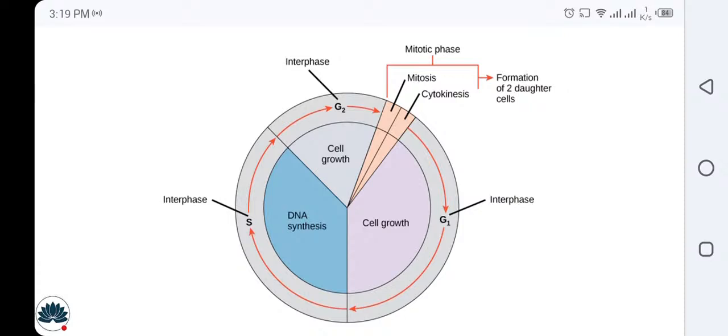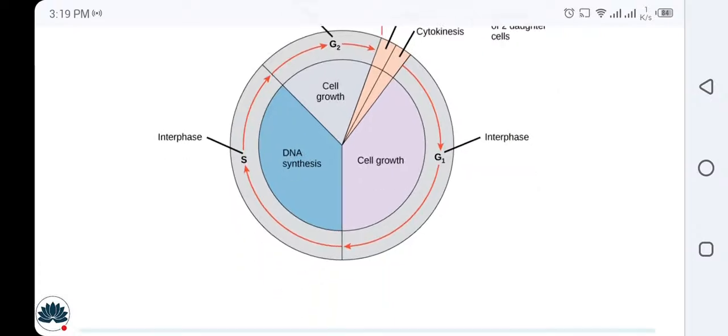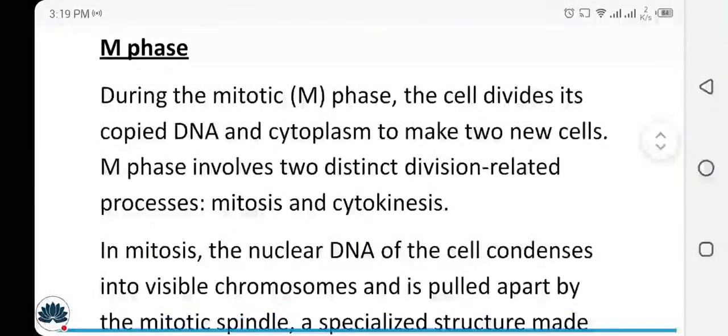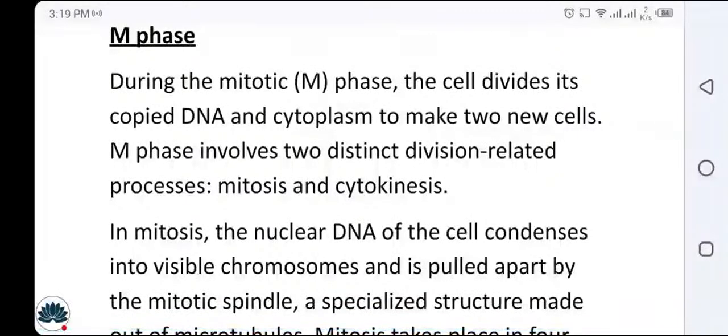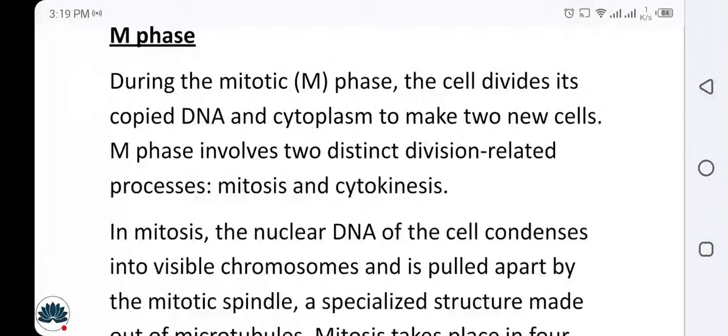of interphase where the DNA replicates first, and then G2 phase where the cell growth occurs, and then the mitosis where the cell divides into two daughter cells. Alright, so at the M phase, during the mitotic phase, the cell divides its copied DNA and cytoplasm to make two new cells. M phase involves two distinct division-related processes: mitosis and